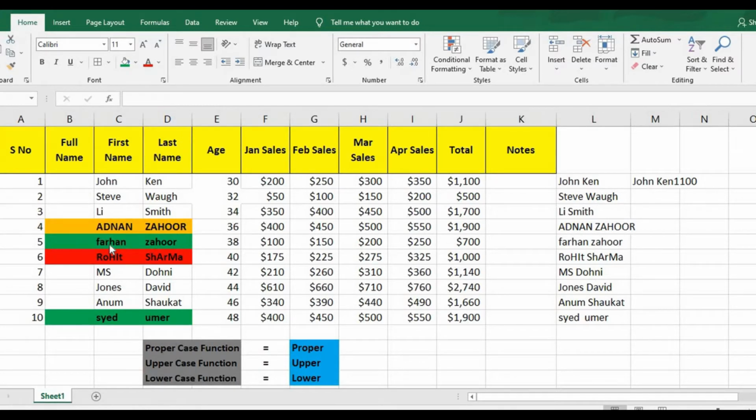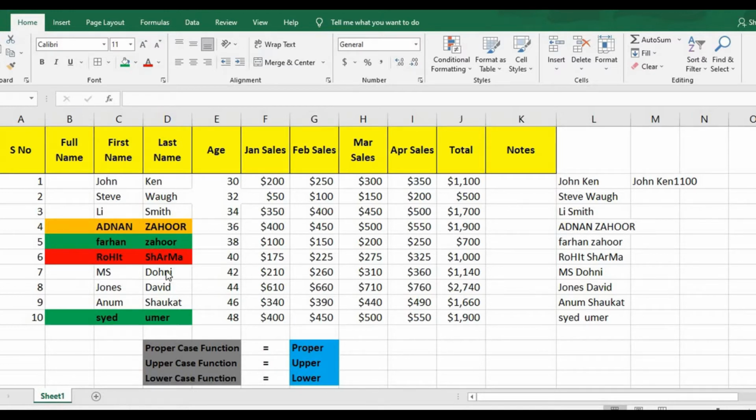In Farhan Zahoor you can see all the letters are small. We will convert it into upper case with the help of the upper function. Now the next one is Rohit Sharma.